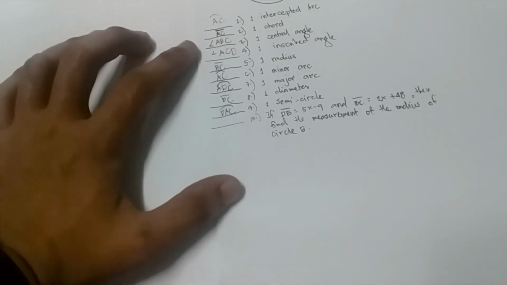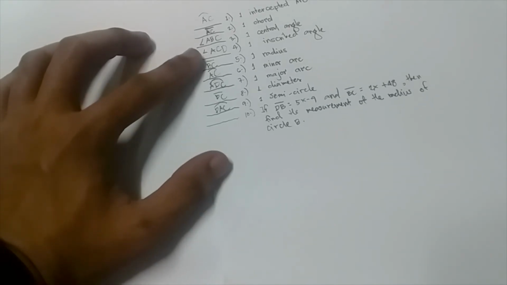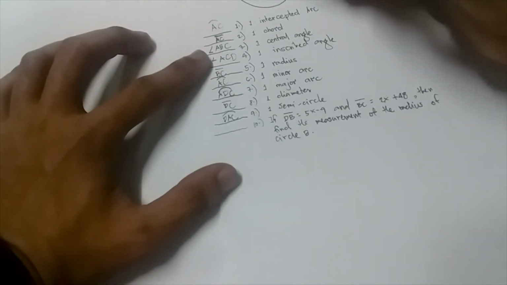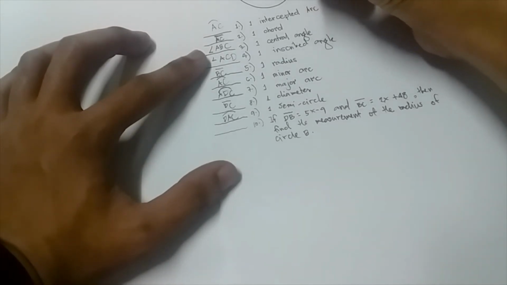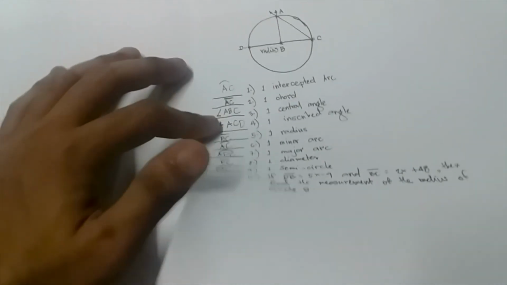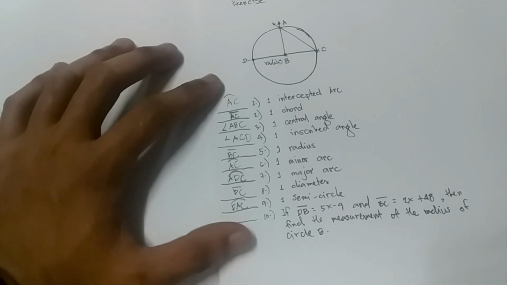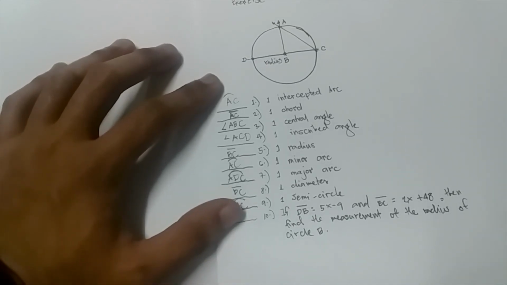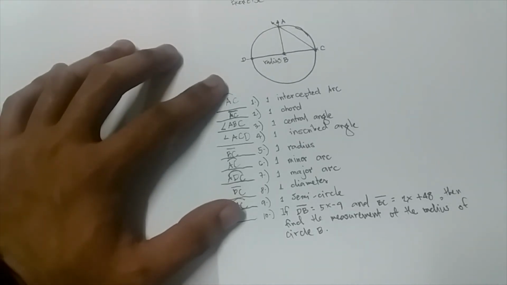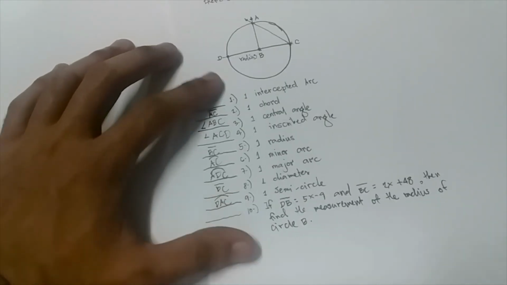Okay, now for the last example, in number 10, segment DB is obviously our radius, right? Next, segment BC is equivalent to 2x plus 48. So BC is also a radius. Then find the measurement of the radius of circle B. So to solve this problem,